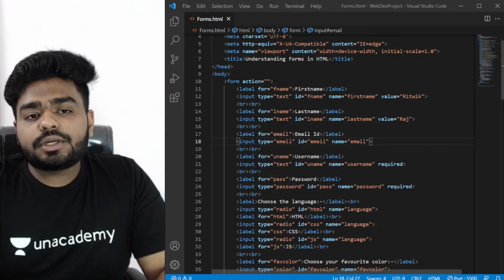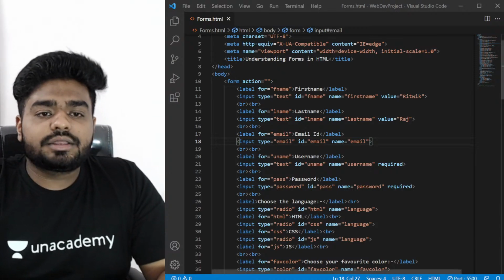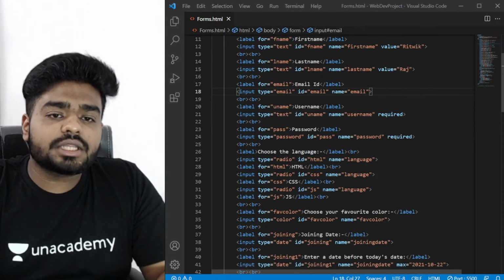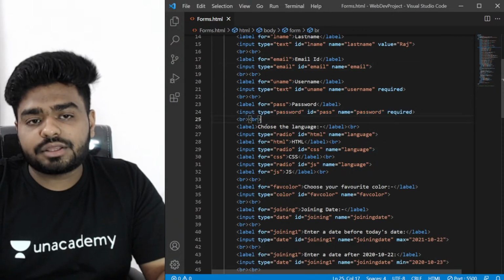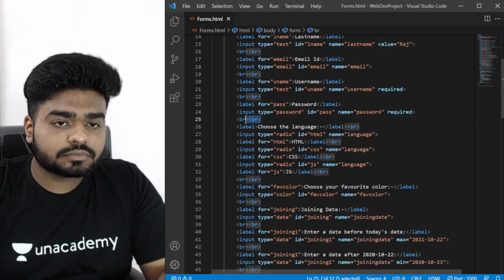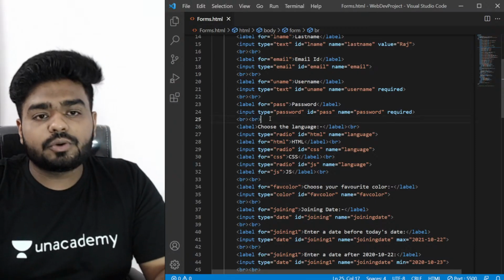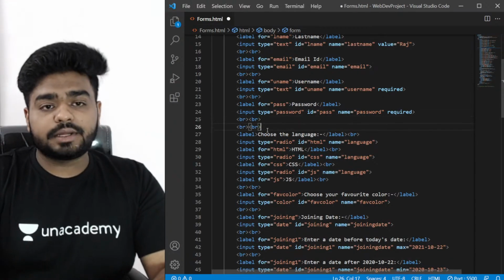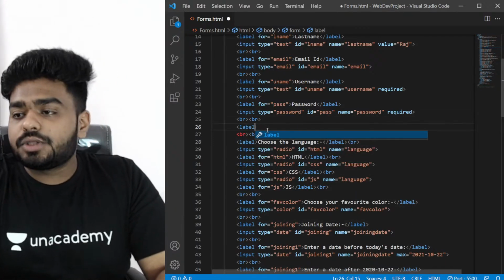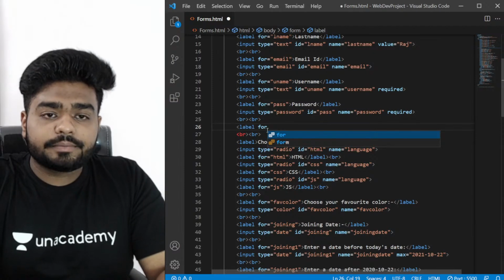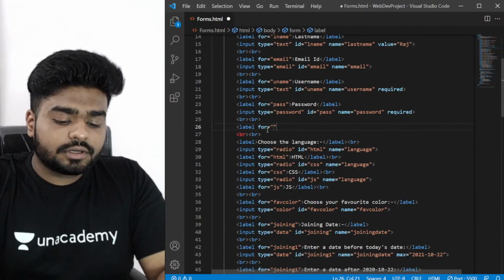So we have understood about email. Let's understand what is the next thing. So after username and password, what we'll do, we will write something else. Okay. So I'm going to copy this. I'm going to paste this. And here I'm going to just write a label. To this label, again, I'm going to give for. I'm going to just give here